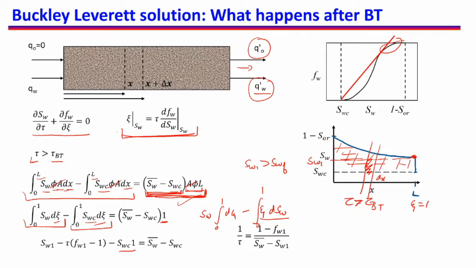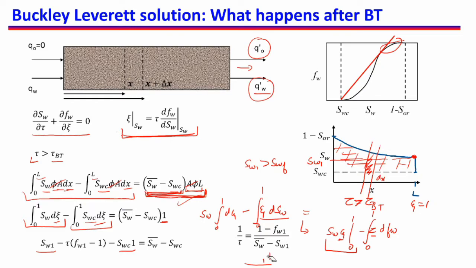So if we replace this with tau dfw, I am writing it here, this will become SW xi going from 0 to 1, minus tau dfw, which we need to integrate from 0 to 1. Tau again is constant. So now if we put in limits here, this will come out to be SW1 multiplied by 1, and at xi is equal to 0, xi becomes 0, so I am not writing this. So SW1 multiplied by 1 is this quantity.